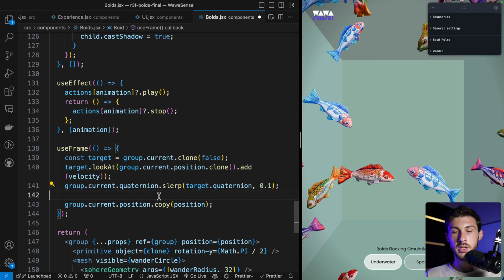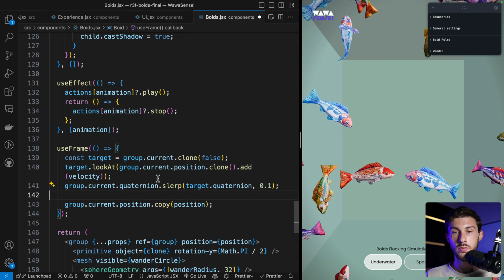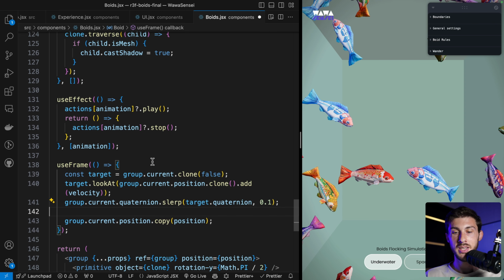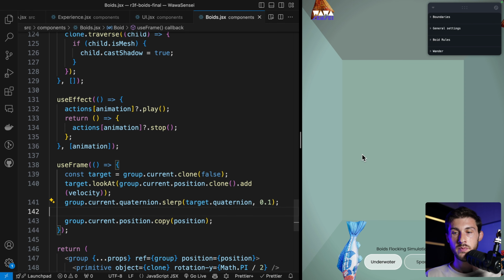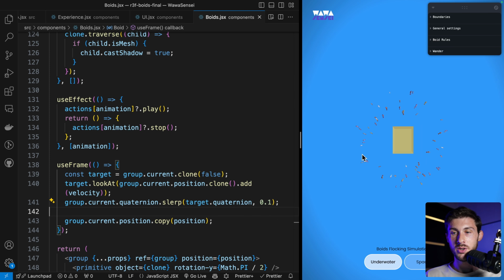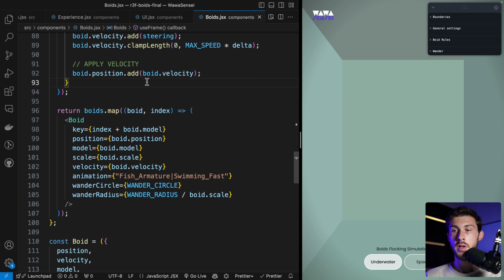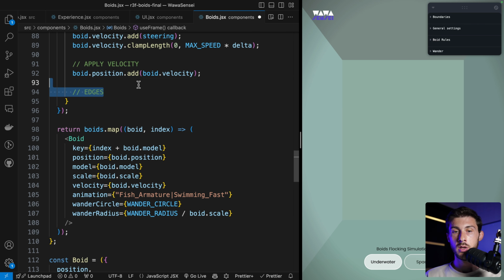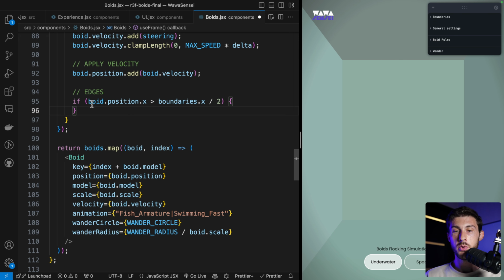And then what we need is to copy the position to be equal to the one we have in data. If we save, it's working, but we have an issue because they are not respecting the limit, so they go anywhere. So the simplest solution for the limits of our boundaries would be to simply check if our position is over,